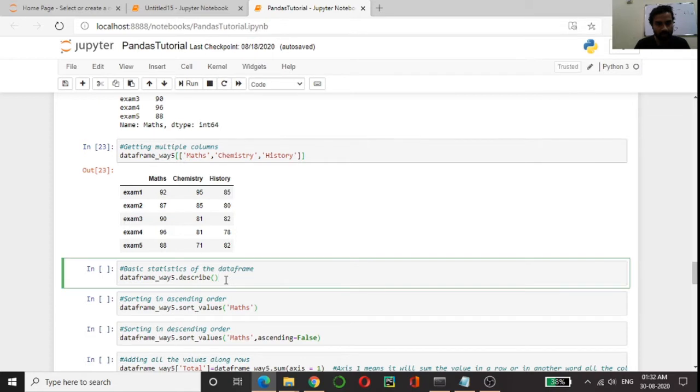Now there is a very nice utility called describe. It basically gives me a statistical overview of the data frame, like the mean, median and standard deviation, all those things.